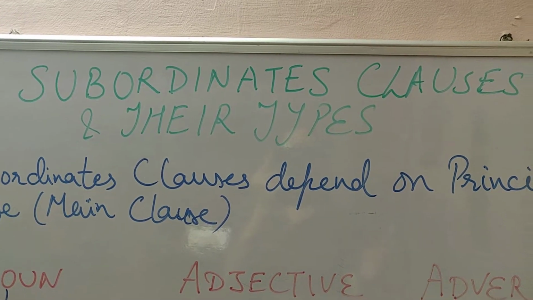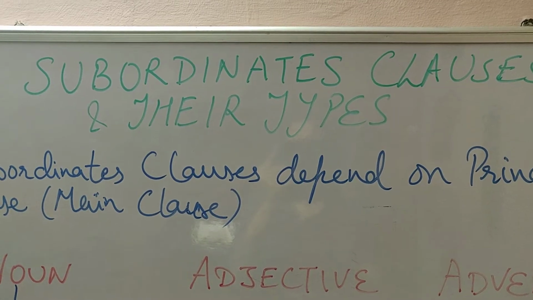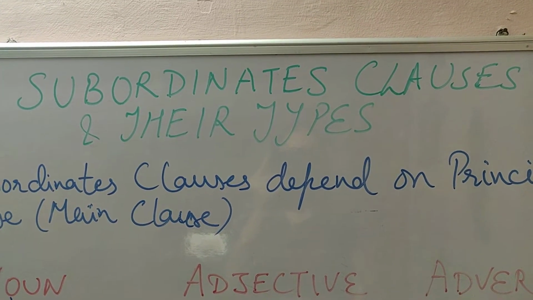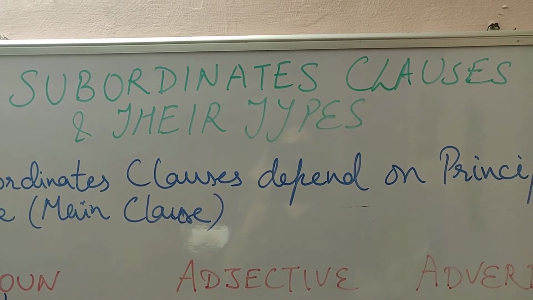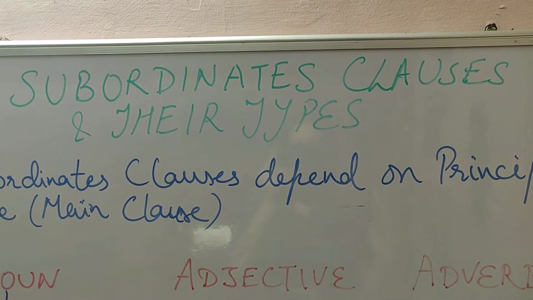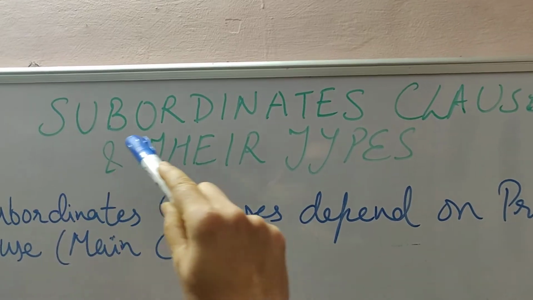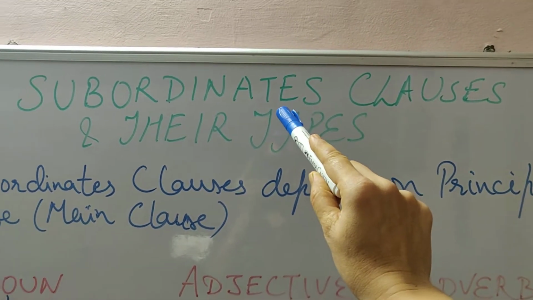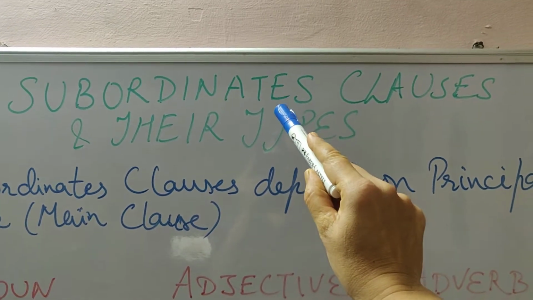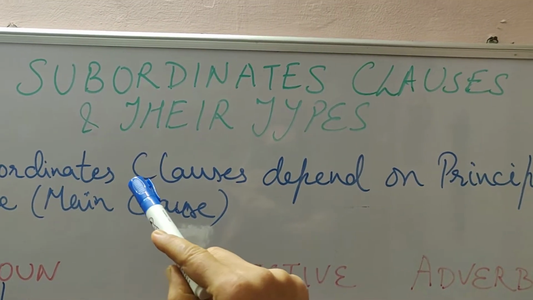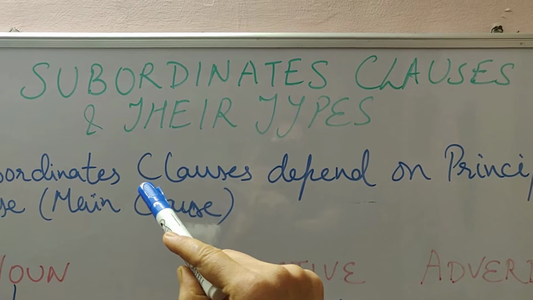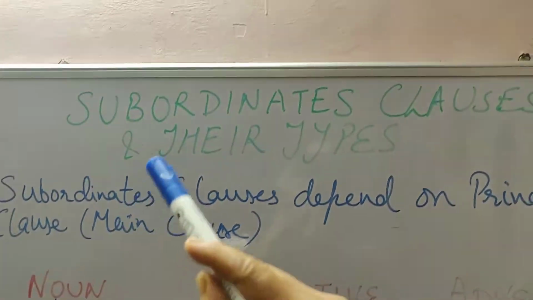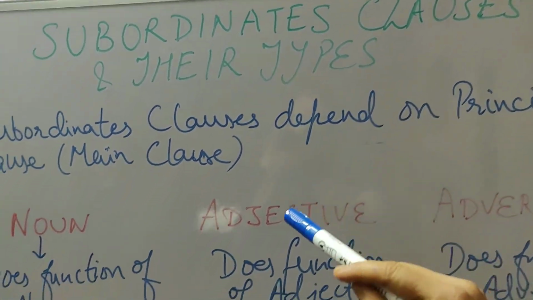This part is dependent on "this is the school." Okay. So where I studied for 10 years, this one will become the subordinate clause in this sentence. I hope you have understood, because it is dependent on "this is the school." Okay. Now come to the types of these clauses.